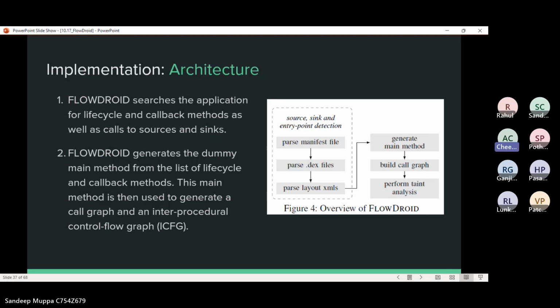This duplicate main method serves as an entry point for the analysis. By analyzing the code starting from the main method, FlowDroid is able to construct the call graphs. Overall, FlowDroid combines these analysis techniques to provide insights into the data flow and control flow, helping to identify potential security vulnerabilities and privacy concerns. The next slide.